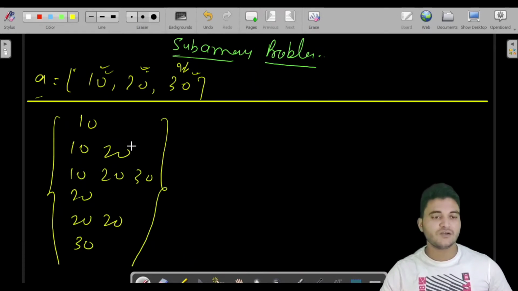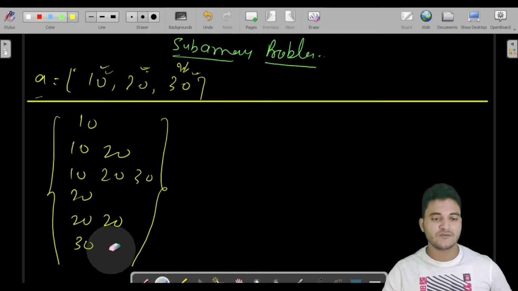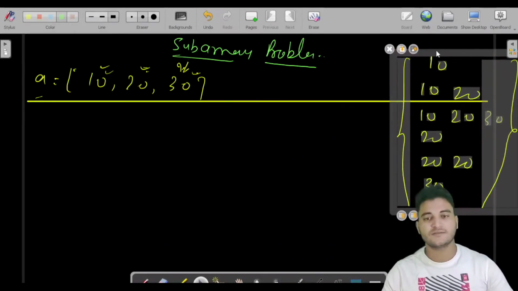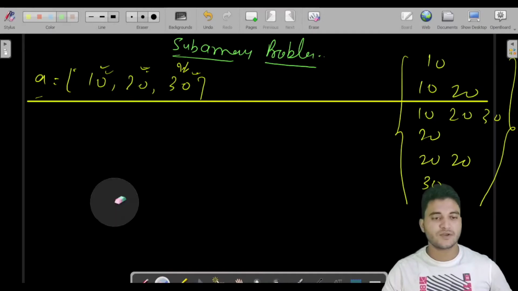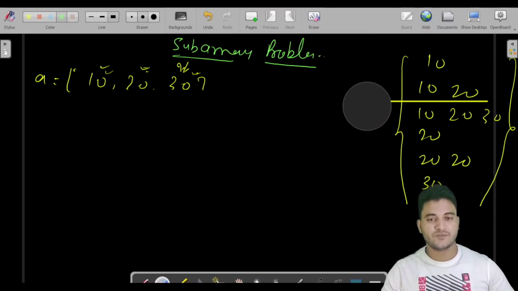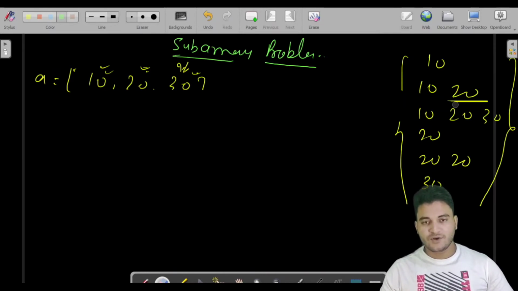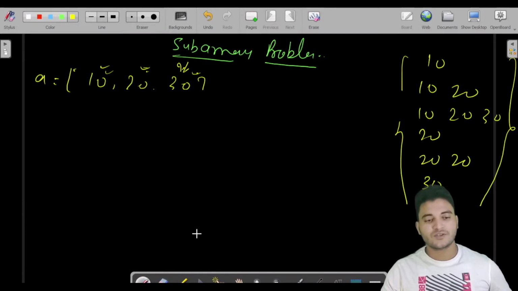Fine. So we have to see the logic for generating all the subarrays and write the code for it. These are all the subarrays for this particular array. I want you to think first how we can generate all the possible subarrays, because my main motive is to get you to understand the DSA.